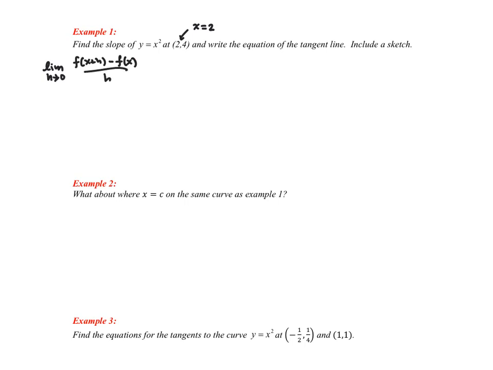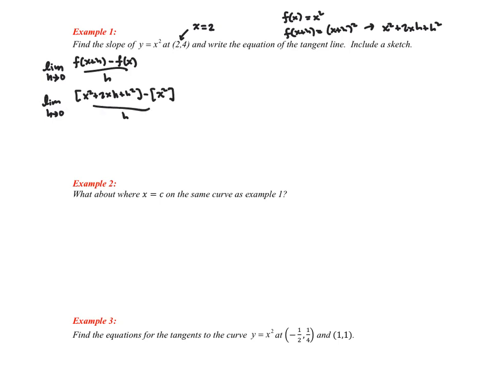Okay, so what is f of x? Well, f of x is x squared. F of x plus h is equal to x plus h quantity squared. We've seen this before. This is x squared plus 2xh plus h squared. So the limit as h approaches 0 of f of x plus h, which is x squared plus 2xh plus h squared, minus f of x, which is x squared, all over h, will simplify